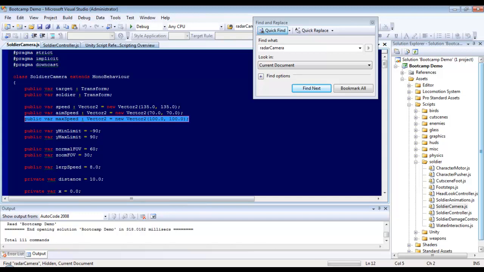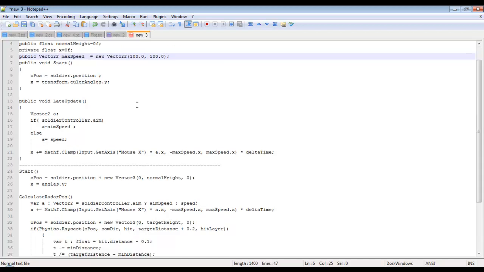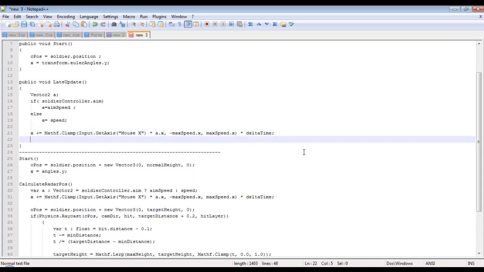Okay, so we need it again in the definition. It's public, and as you can see, it's a Vector2. And it's equal to a new Vector2 with a number. So we are calculating it and multiplying it by delta time to smooth it on different machines with different CPU speeds. Then we are calculating the C-pose,